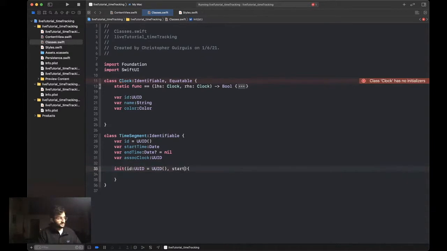We have start time. That'll be of type date. End time. That'll be date equals nil. And associated clock of type UUID. Okay. And all we have to do inside here is just go ahead and say,